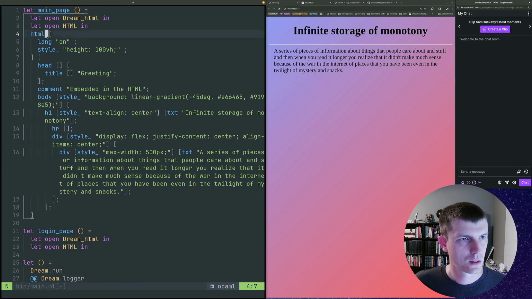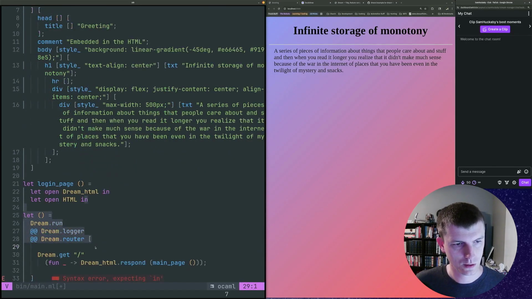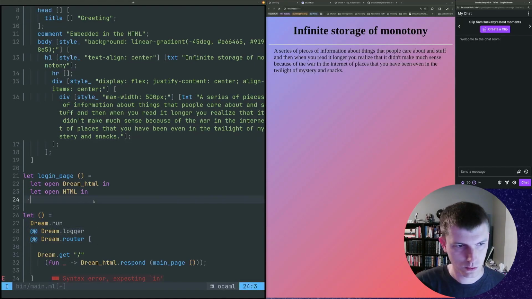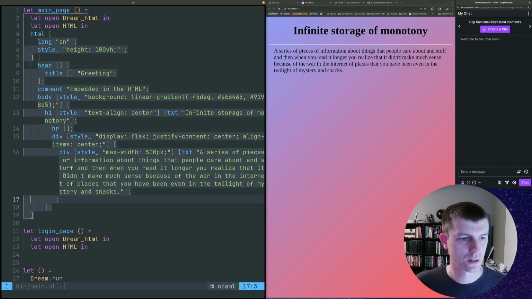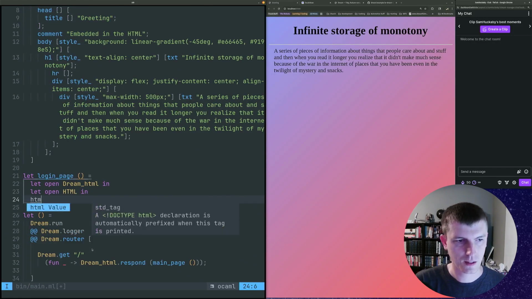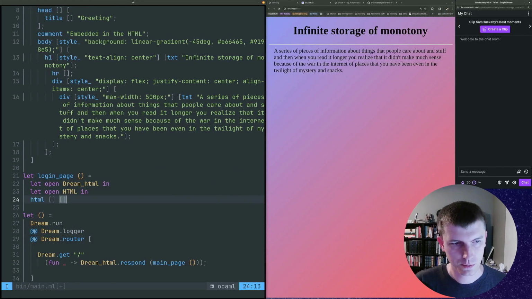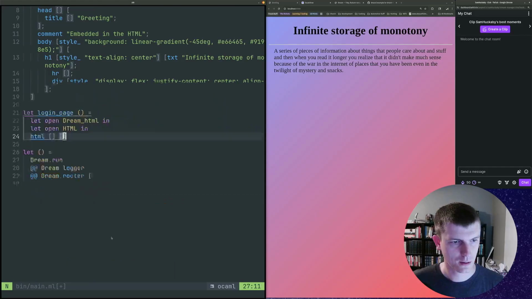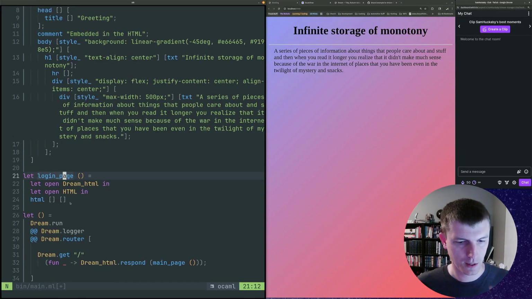All right. So we're going to use Dream HTML, so we're going to have to figure this out as we go. Oh, this is just the return value. Okay. HTML, attributes, and content. So that's a complete working one. So basically everything in Dream HTML,